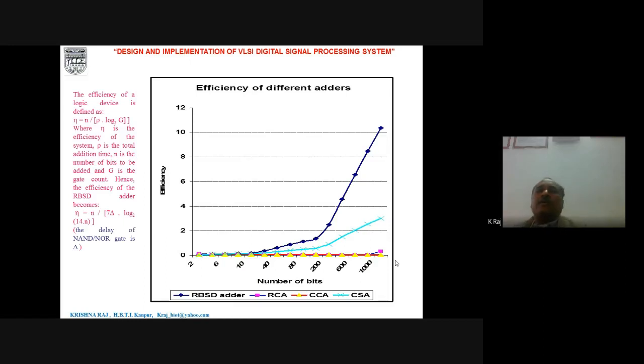And since the carry propagates from the LSB to the MSB, the addition or the multiplication will take time here. So this carry generation and propagation will make the devices very slow. So our approach is to minimize this generation and propagation of the carry. For that purpose, we can assume a new number system in which carry generation is terminated.